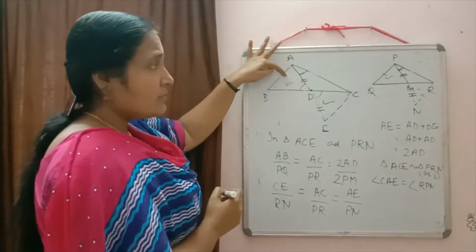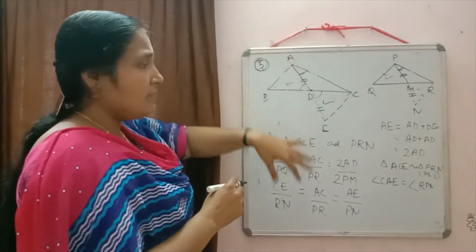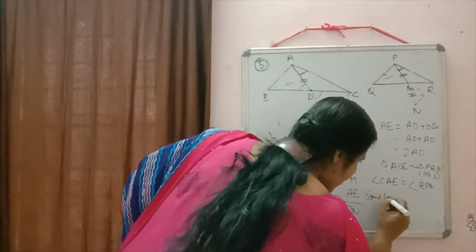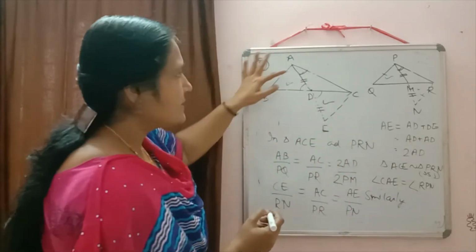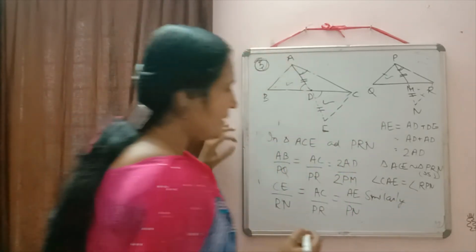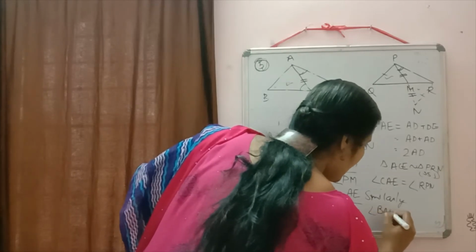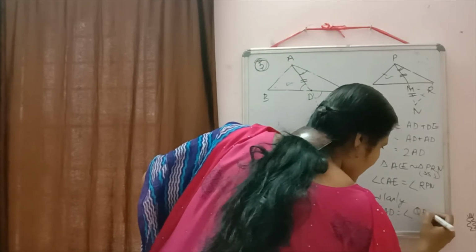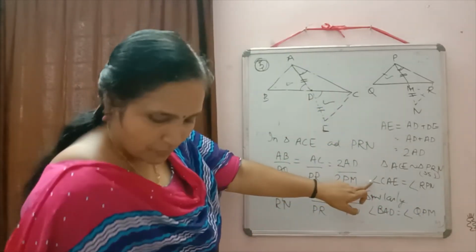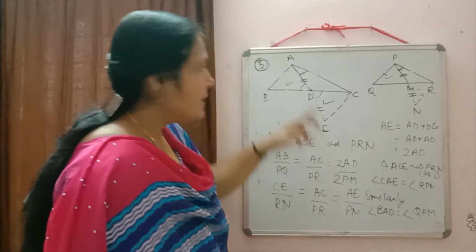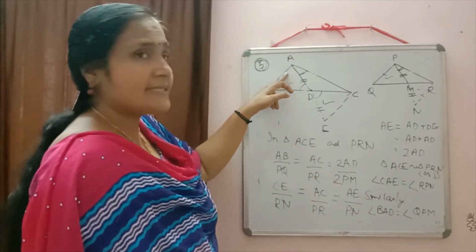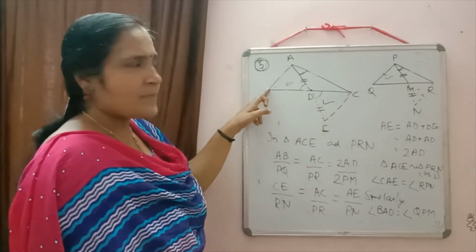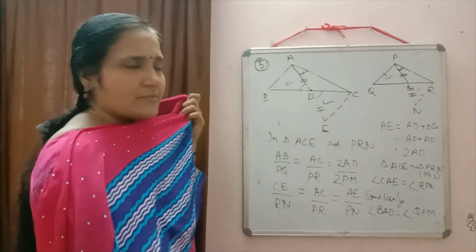And then this one also we need. For that, we will not write it again, we will write similarly. Just write down there, similarly what can we prove? This angle, which one? Angle BAD is equal to angle QPM. The first one we proved. How did we get that angle equal? The second one, we will write similarly, because as we joined here in the same way, if you join here, then automatically all the angles will come there.